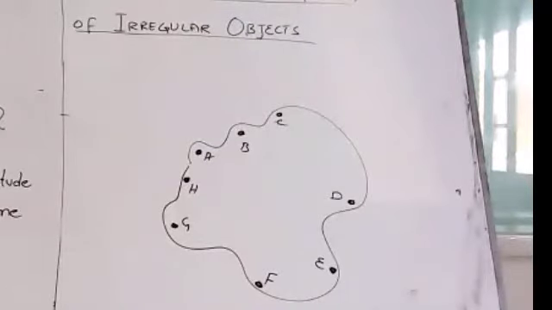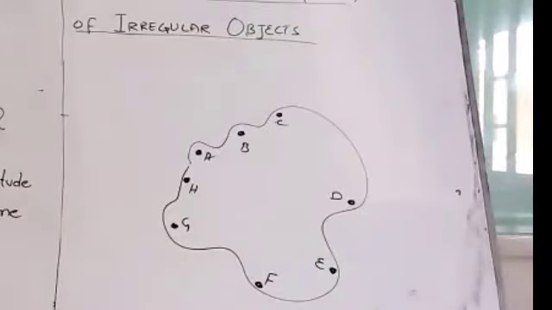As I have drawn in front of you the shape of an irregular object. So this is some irregular object. Where is the center of gravity of this object? Here are a few steps which we have to follow, and they are very simple. You can easily perform these steps while having these things in front of you, and you can perform it in your home as well. If some irregular object is given to you and someone asks you to find out the center of gravity of irregular objects, you have to follow these points.